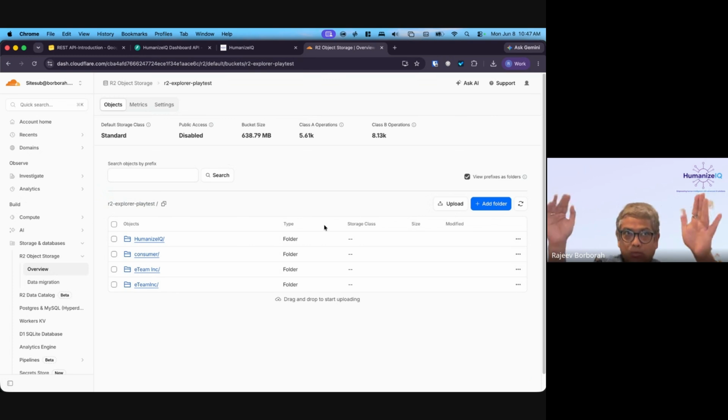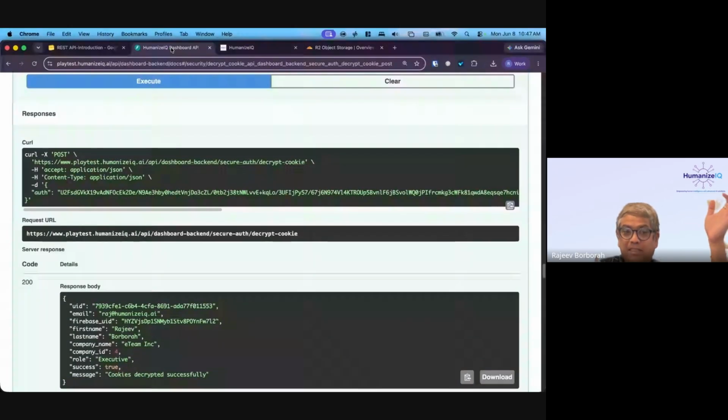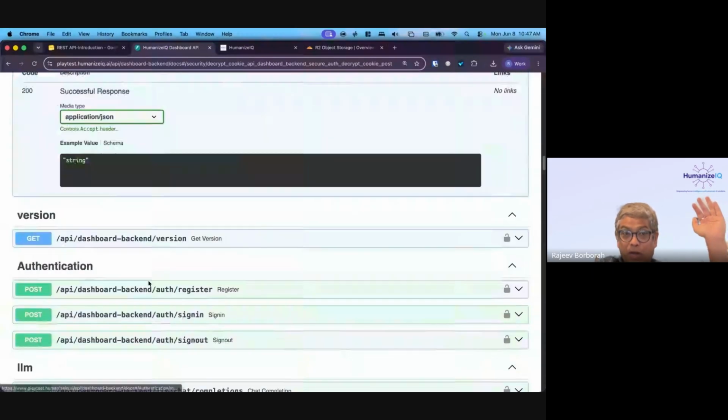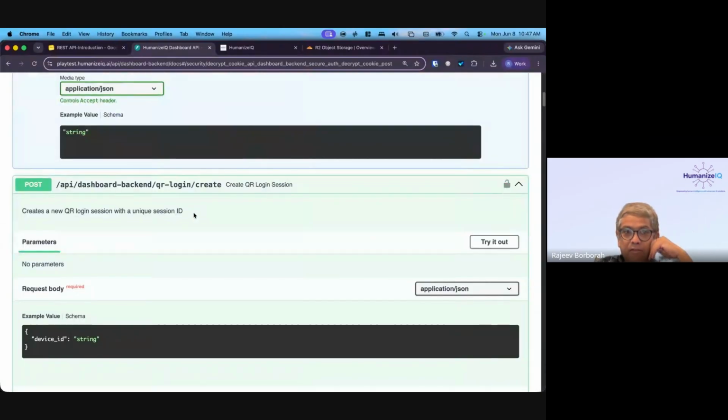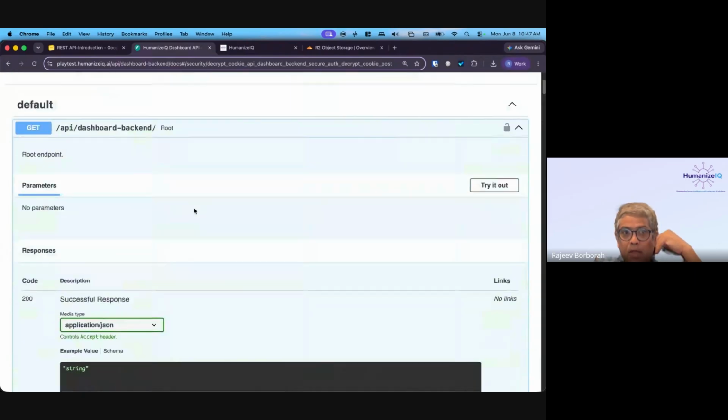We will go over the R2 Explorer API in detail at some time. Right now, I would suggest that you explore the API, try to use it, try to connect it to your weekend exercise and see if you can connect it. If you get it done, please show. I don't expect that you will be able to, but if you get it done, please definitely show it, and I would like to see it basically.